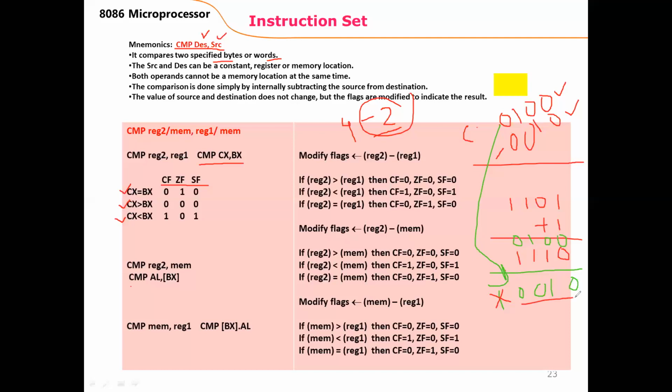Now this result is positive, means if we assume that this number was A, this number was B, then we can conclude that A is greater than B, and if A is greater than B, then finally in this case